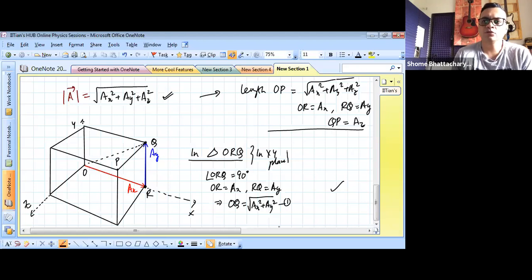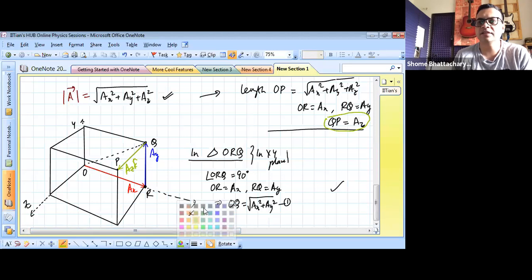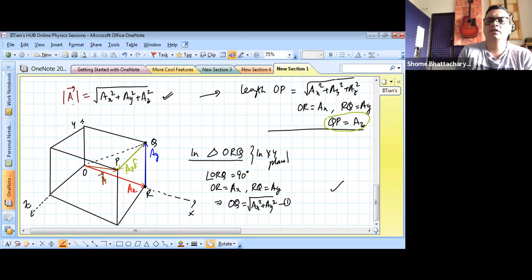Hope this is clear to all of you. Now, next thing in the same diagram, we will add our AZ k cap vector. That is this vector going from Q to P. So this is AZ k cap vector, and that justifies why this QP should be equal to AZ. And finally the vector OP is going to represent the vector E, which is the sum of the vectors. This is the vector E, where E is, as we've seen earlier,